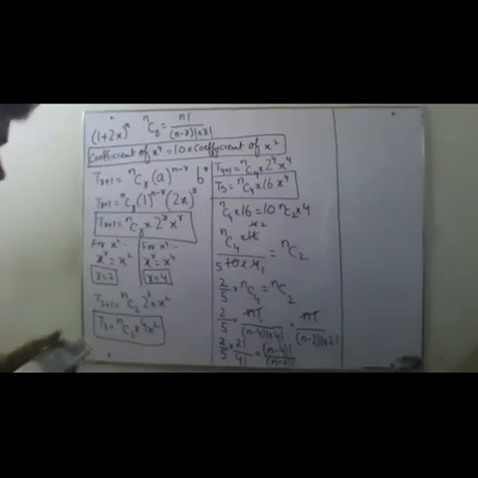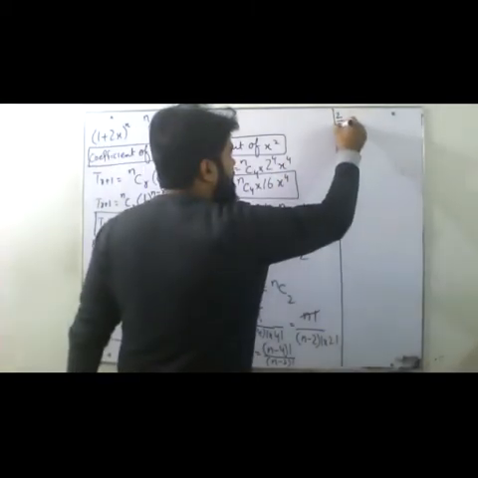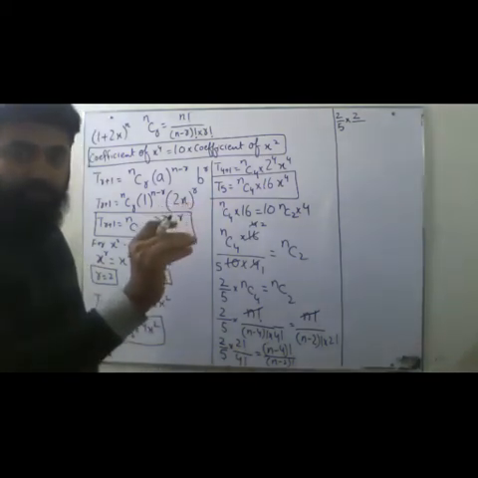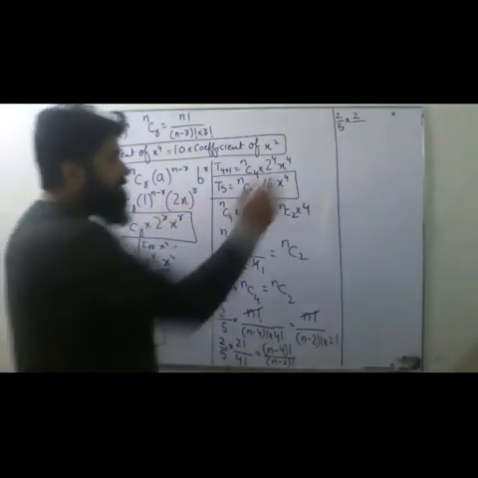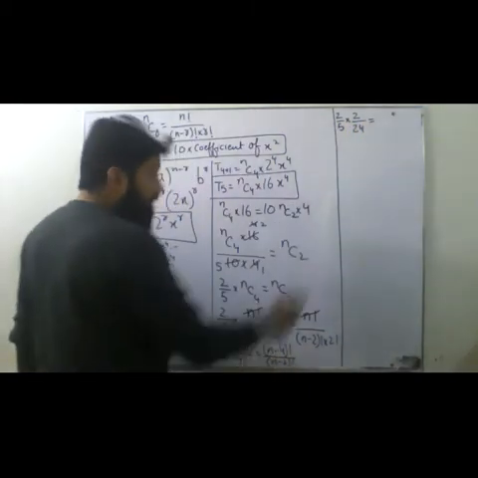So now what I am going to do? 2 over 5 into 2 factorial will be 2. 4 factorial will be 4 multiplied by 3, 12, 12 times 2 is 24. 24 into 1 will be 24 equals